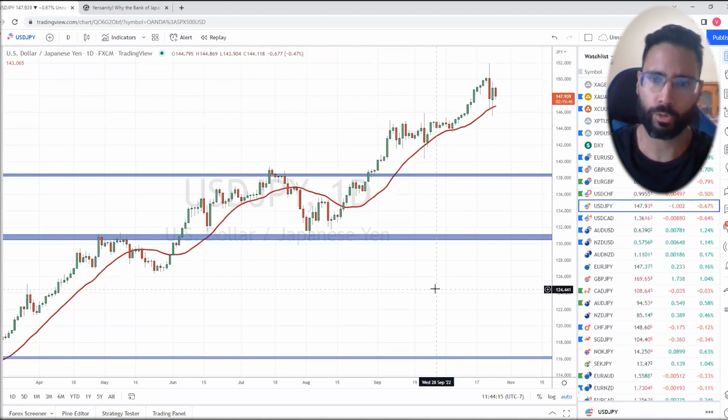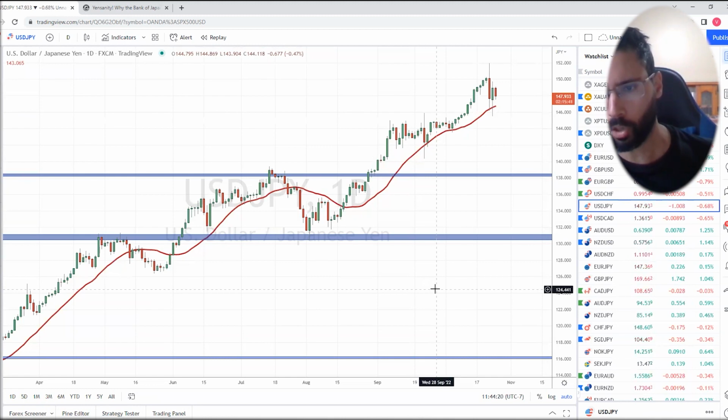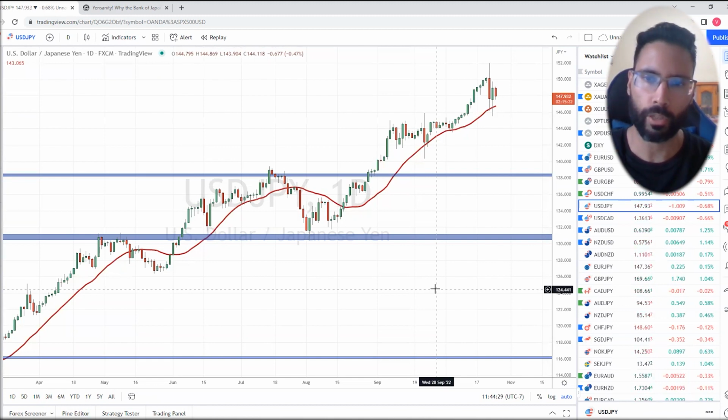while keeping interest rates down at negative 0.1%? Will they have to sell off more foreign reserves, US Treasuries, which will impact the US bond markets, in order to buy yen to strengthen the yen, right? So a lot of questions here going forward. How can Japan actually strengthen the yen?